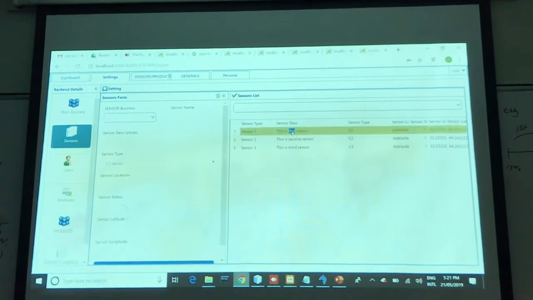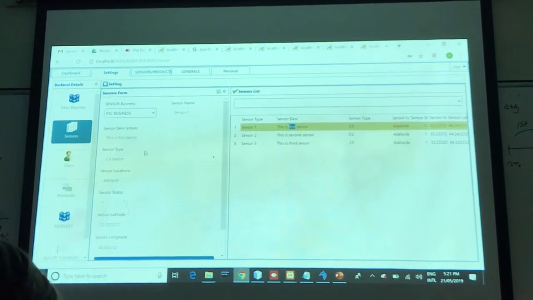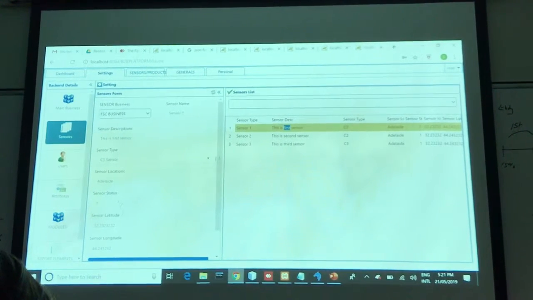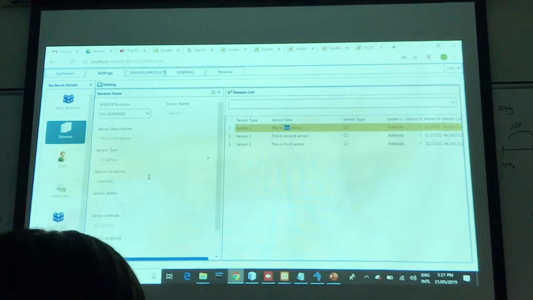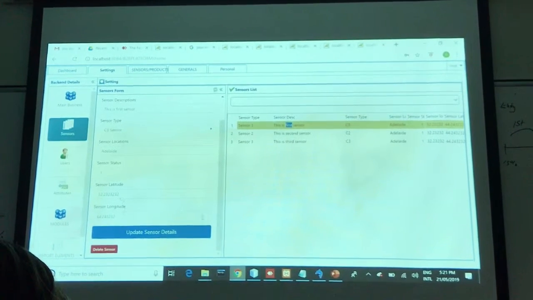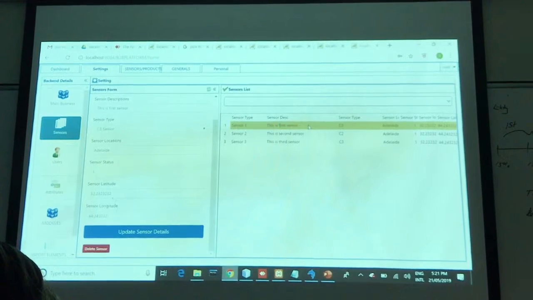If I select the first sensor and double click, it's going to come up on the left-hand side: the sensor business name, the sensor's name. There is a description of the sensor: sensor 1, sensor type is C3, location is Adelaide, status, sensor latitude and sensor longitude. I can inspect this data